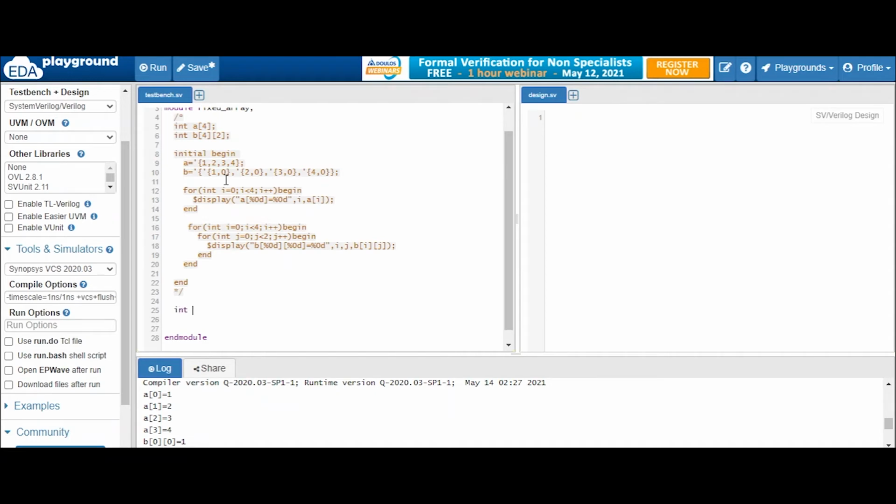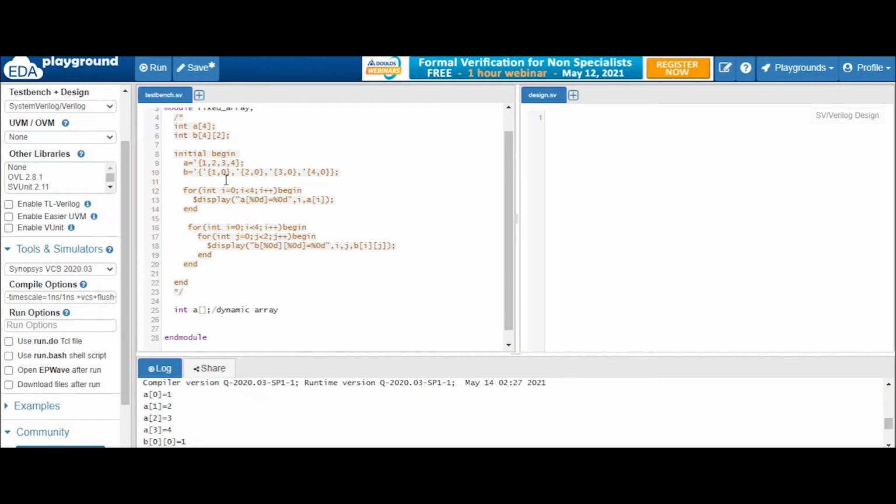In the case of a dynamic array, first there is a data type and then there is a variable name. Suppose in our case we will take a for simplification, and you just need to do like this: square brackets. So just create it like this. This is your declaration for a dynamic array.